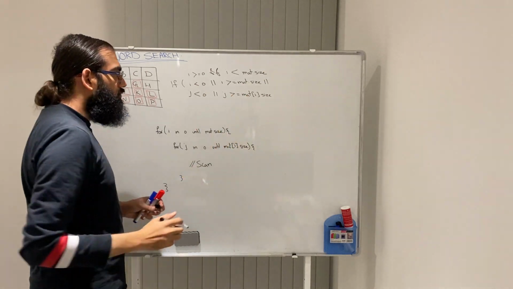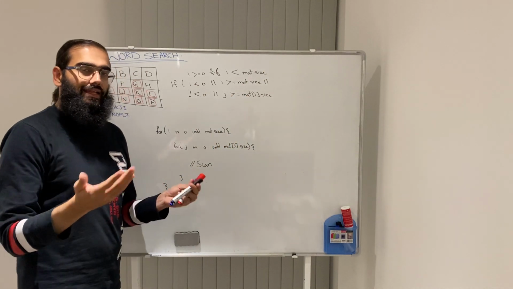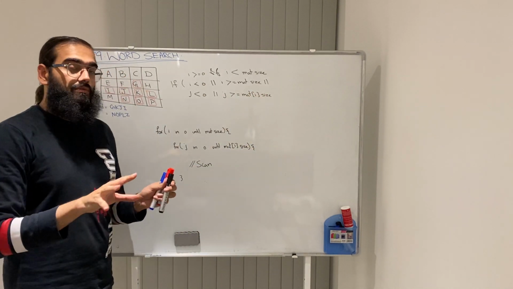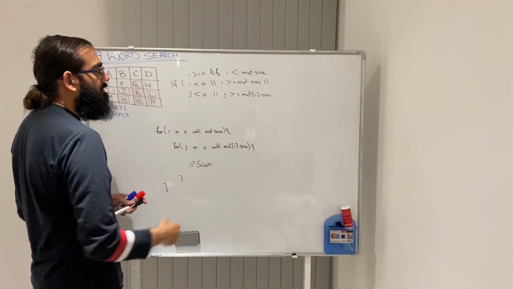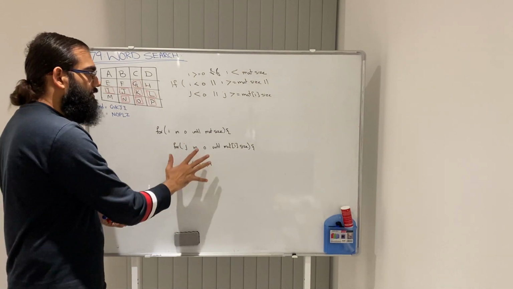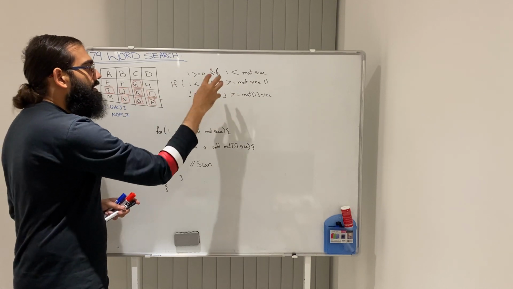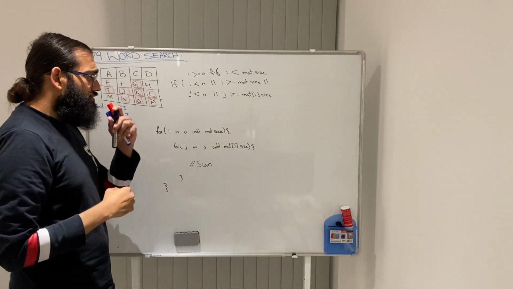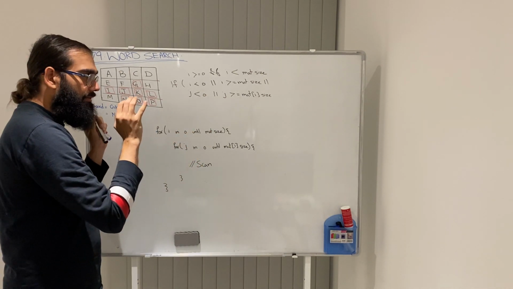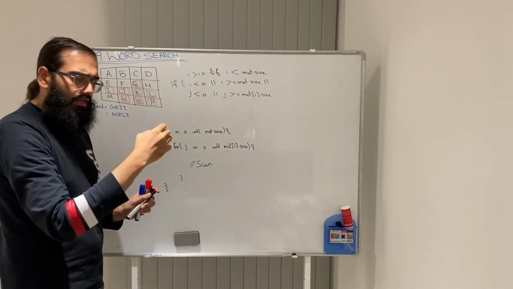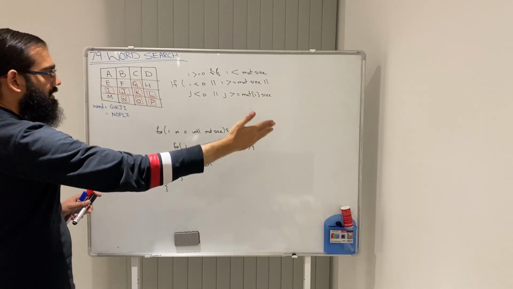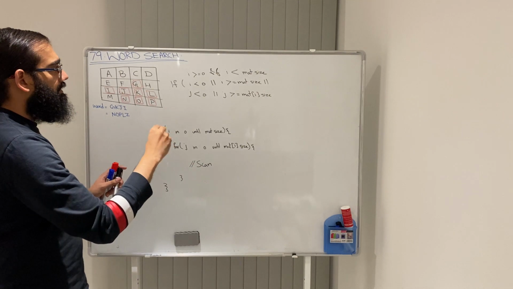If you are 100% sure that the matrix is always n cross n, a square matrix, then you can go without this mat dot size. But if it's not 100% a square matrix, then always use mat[i], so there will be no index out of bound. So two things: one, you need to do a scan in any case, that is 100% sure. And if you are going to explore, these conditions are very important. Most of the time these are the bugs which create issues when you say, okay, now I'm done. But the validation is pretty easy. Maybe spend 10 to 15 minutes on paper and you will understand what is this, what is that. Then the third part,